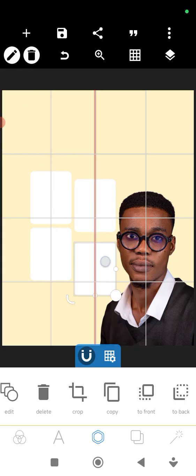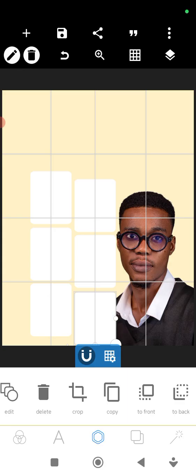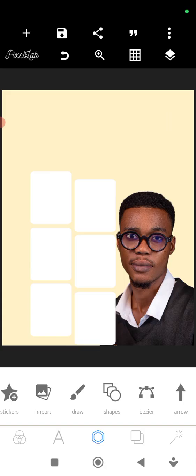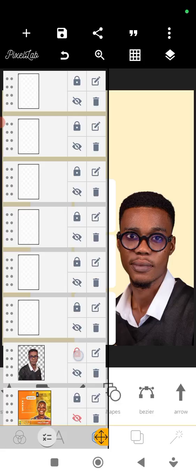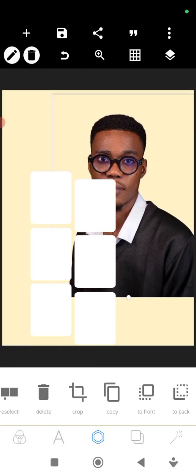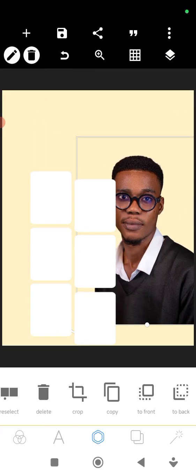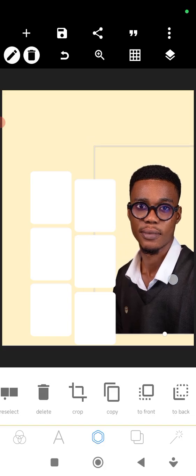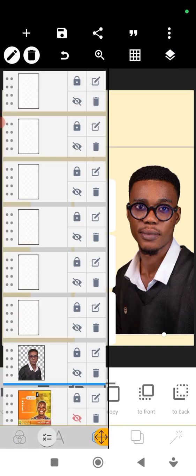So duplicate, bring this here, duplicate, bring this here, duplicate, bring this here. All right, so I believe we can have more. So let me unlock this picture and reduce the size. Let me bring it somewhere here. All right, and